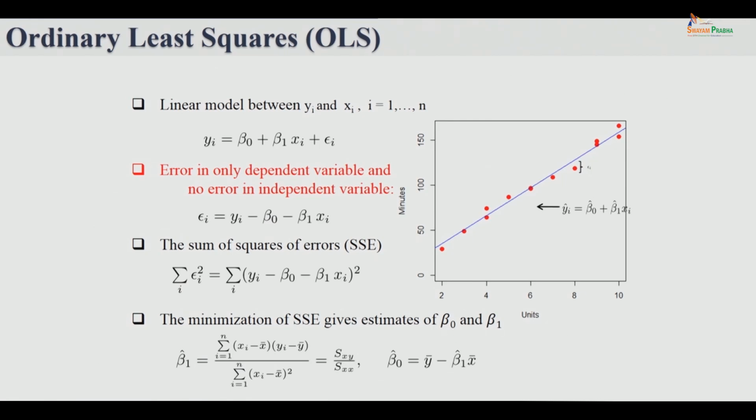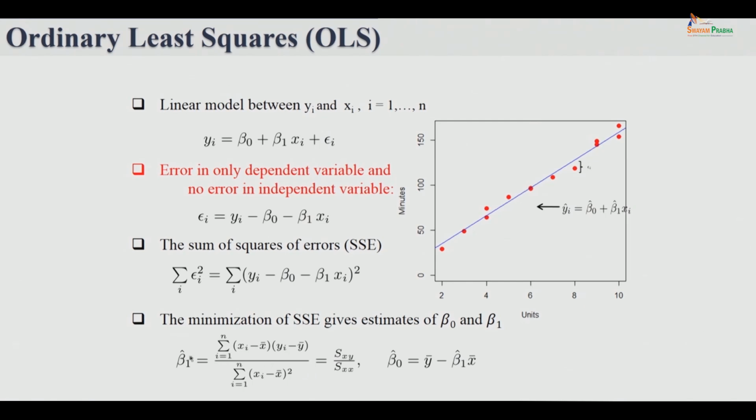Of course, one could also ask, suppose I know that if x is 0, y is 0. I know that a priori. In this particular case, for example, if you do not service any units, which means you have not traveled, let's say you are on holiday, then clearly you would have taken 0 time for servicing. So I know in this case that if you process 0 units, you should not have taken any time, and therefore the intercept should pass through 0. If you know it and you want to force this line to pass through 0, 0, the origin, then you should not estimate beta naught. You should simply remove this parameter and simply write y is equal to beta 1 x,